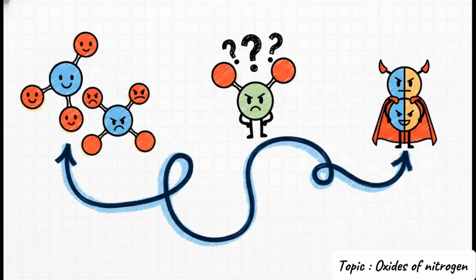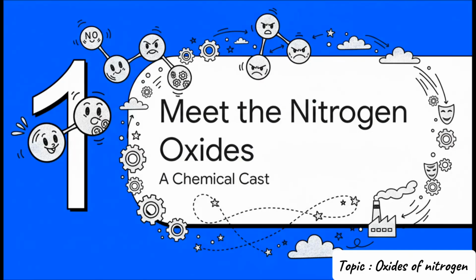So here's our game plan. We're going to meet the whole nitrogen oxide family, take a look at how their tiny molecular shapes define who they are, and figure out why some are basically harmless, while others are straight up environmental villains. To really get a handle on this, let's think of these molecules like a cast of characters in a movie. Seriously, each one has its own look, its own personality, and a very specific role to play in the story